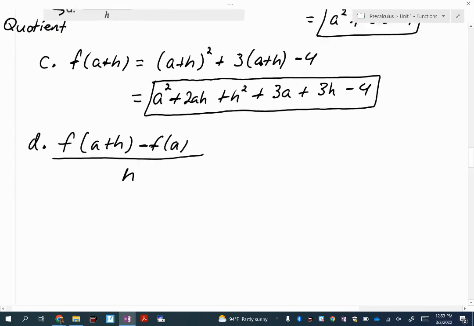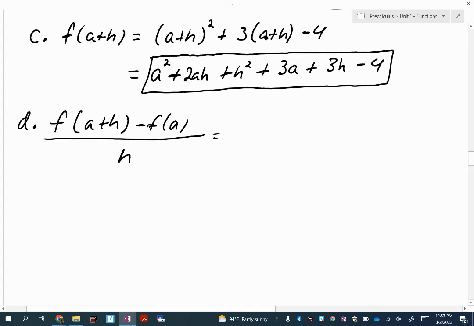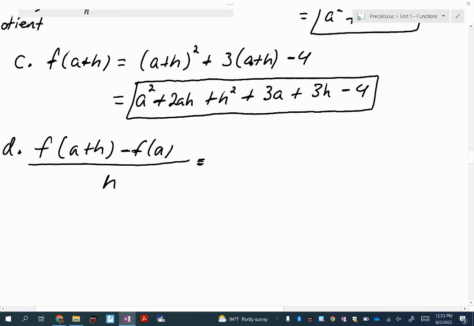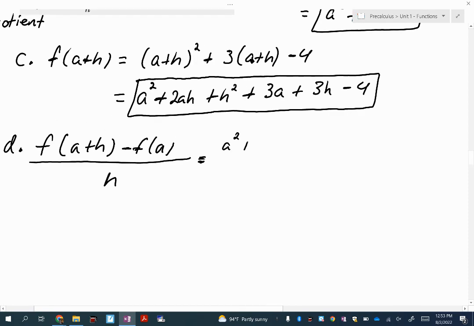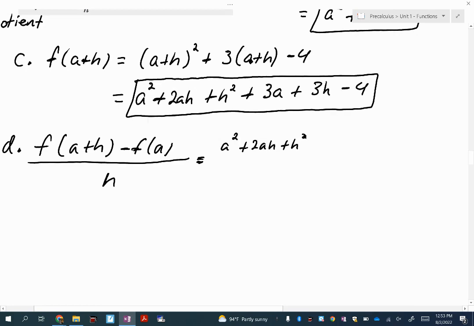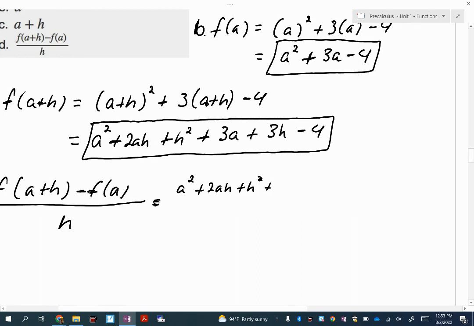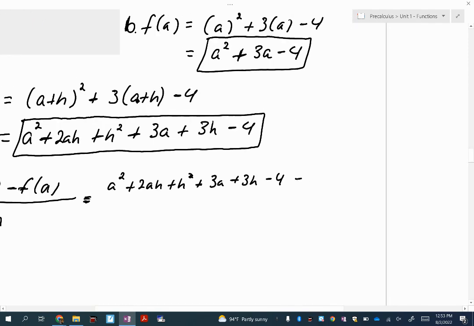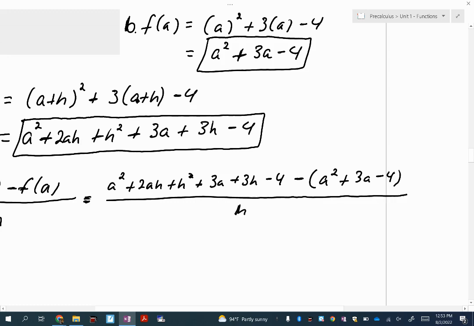It's something you use in calculus. So we're going to write down f of a plus h, which is a squared plus 2ah plus h squared plus 3a plus 3h minus 4, and then minus this f of a up here, this letter b that we did, which was a squared plus 3a minus 4, all over, don't forget the fact that it is a quotient, right, division,